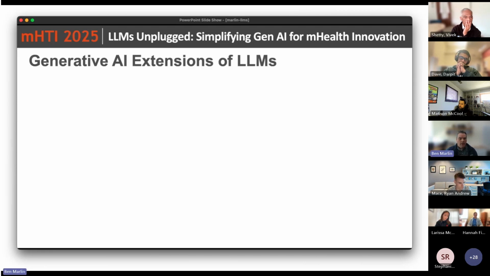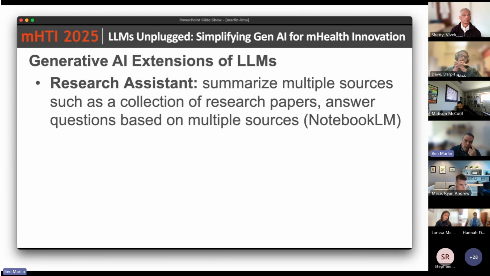Okay. In terms of other kinds of extensions, the title for the talk was Gen AI, right? So what else exists in generative AI? We've been talking about LLMs. Fundamentally, LLMs are doing next word prediction, so they're able to generate natural language and things like code. But what other kinds of things can we do? There are some specific extensions of LLMs to more specific products.